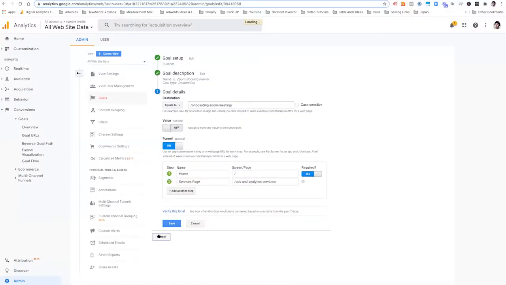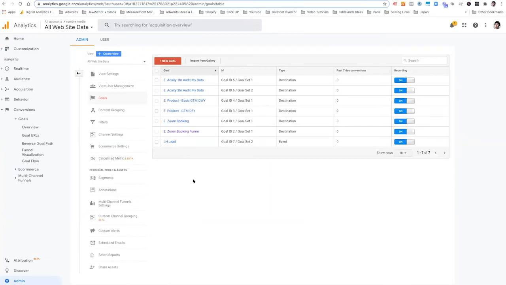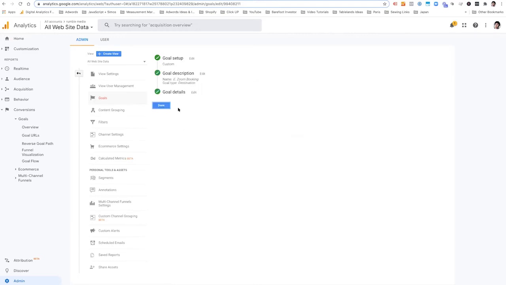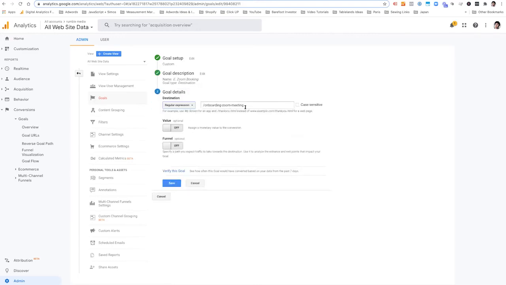Second destination goal that you can set, and it is literally that. You just want them to go to that page. So then what I've done is, it's definitely engaged because that's a high level page that they go to. So you just do destination, and then you just use one URL. That's it. And then you verify this goal. And I know that that's a page that will eventually get hit on when we do start our Google ads. So again, test. You might need to change a few things.